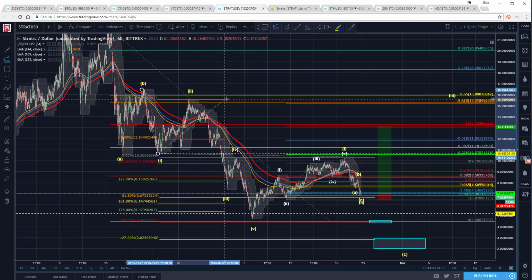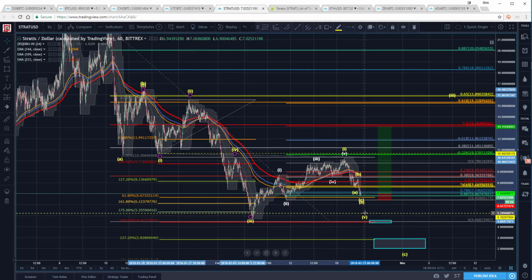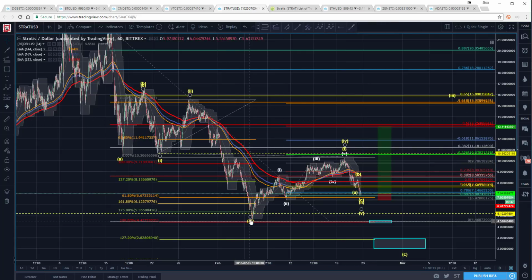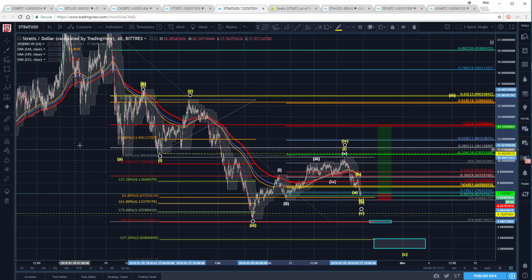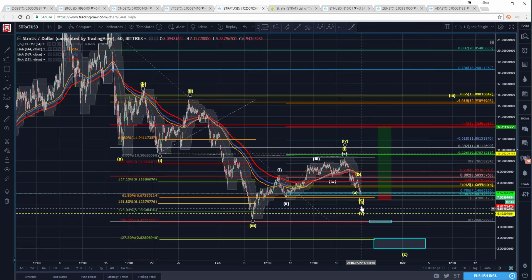So I'd measure here. It looks more to me like the 3 is down here rather than here. This would be the 1, 2, 3, 4 in this. This is what I see, right? So you'd be operating on the assumption that maybe you got a truncated 5th down here. I guess you could work that. Again, it feels to me like if you're trying to play off of that, you're kind of talking yourself into the trade.